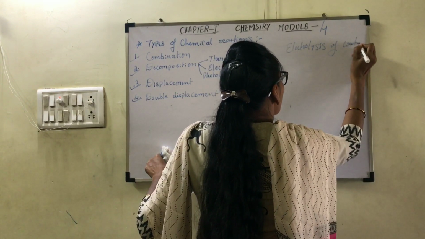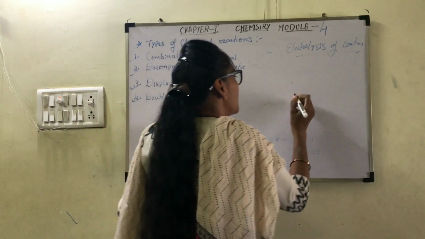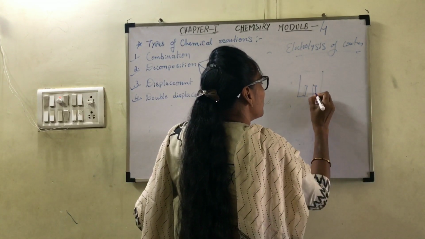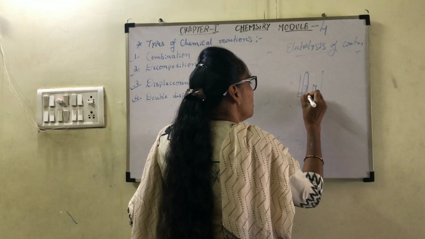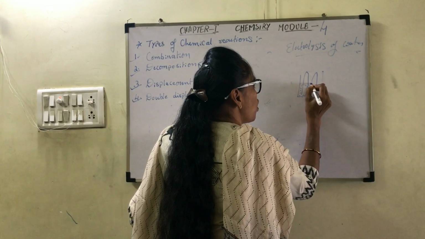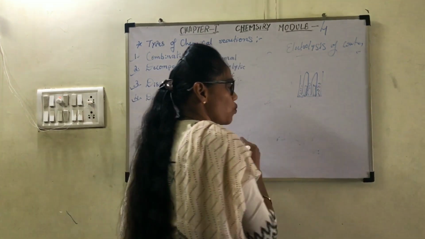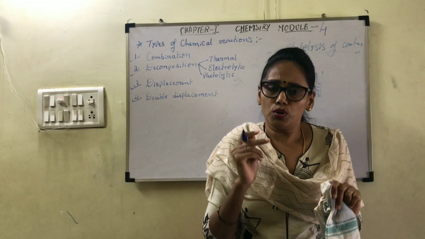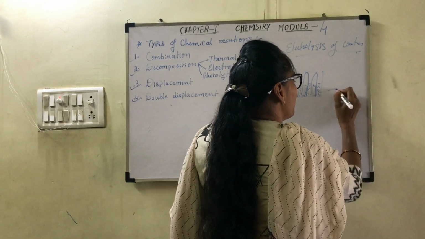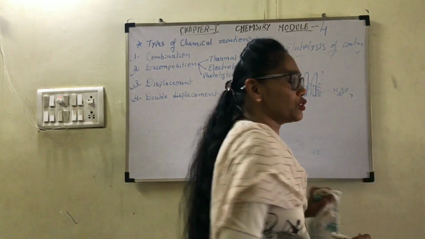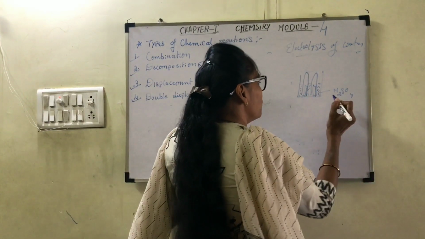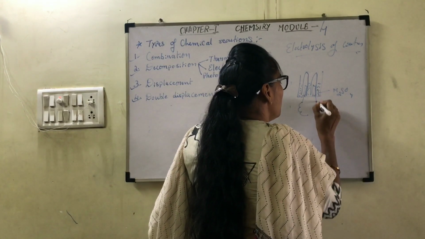Electrolysis of water. Now let us do another activity. Take a beaker, insert 2 electrodes, carbon or graphite electrodes, then put 2 test tubes upside down, and fill in some water, distilled water. If it is distilled water, you will make it a good conductor by adding some salt or acid or base. We'll take acidified, adding a few drops of H2SO4 for dissociation of ions, because distilled water cannot dissociate its ions. Now this is being connected to a battery.